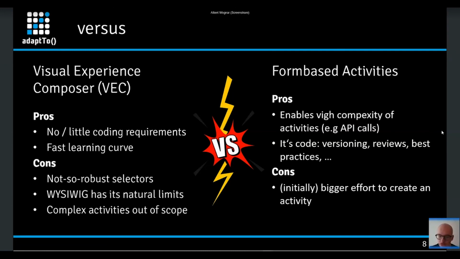For a marketeer in a company working with Target, VEC certainly is a very good product. For us as an agency working as an implementer, form-based activities offer so much more flexibility because you're working with JavaScript. So, at the end of the day, you can do anything that JavaScript allows. But working with it, of course,